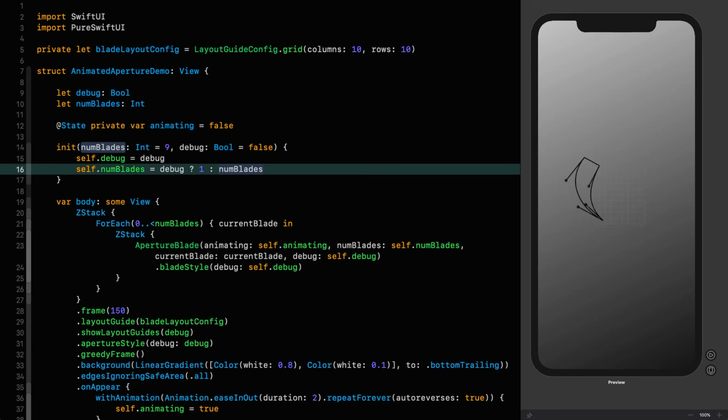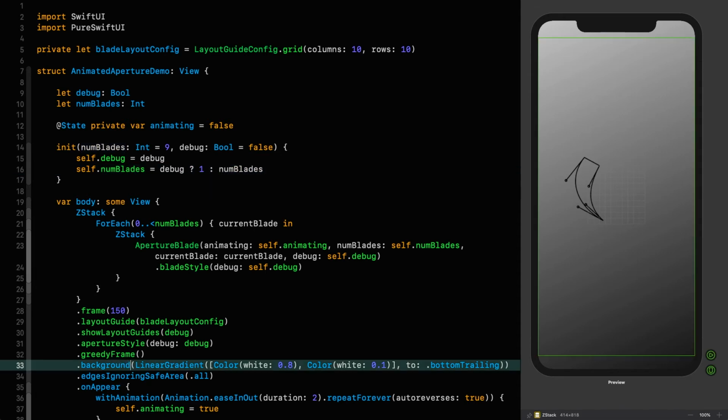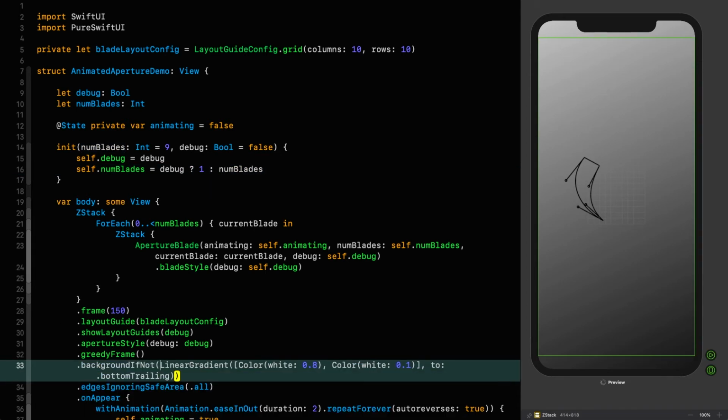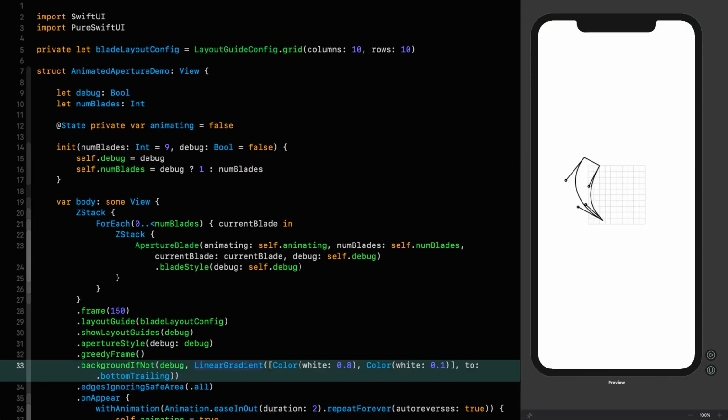Next thing is we want that layout guide to be obvious, so we want to get rid of the background. That means we can make the background conditional on the debug parameter, like so. Background, if not debug. Perfect. The last thing we need to do is to remove all those transformations and have the blade sitting in